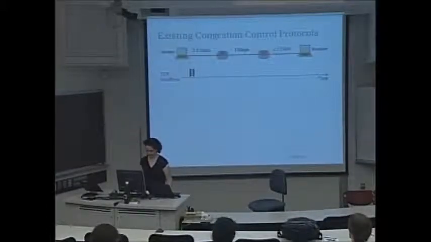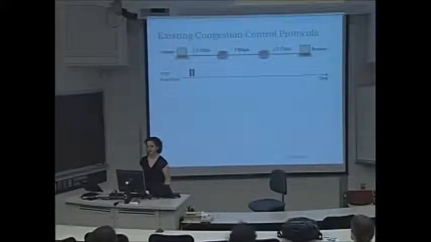So for example, in the network pictured here, the bottleneck link is 1 gigabit per second, and the sending application has no way of knowing this, so it relies on the underlying layers in the congestion control protocol to figure out how